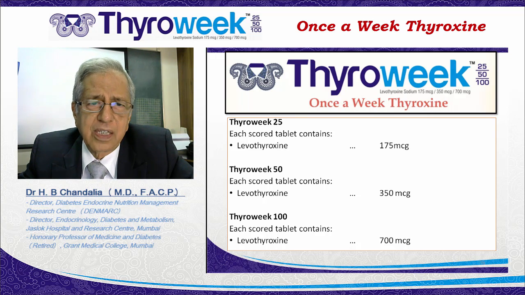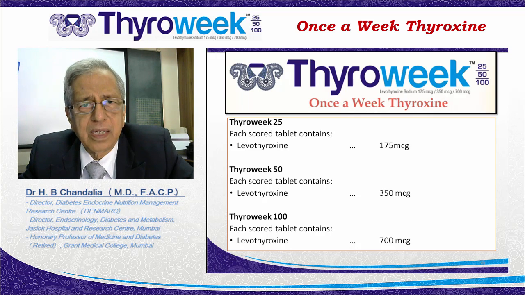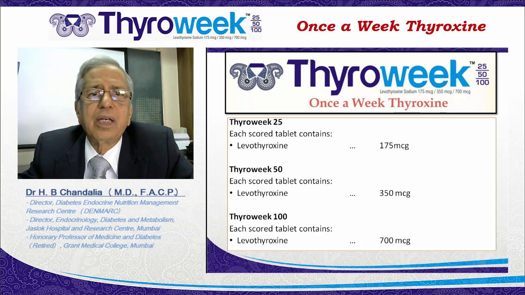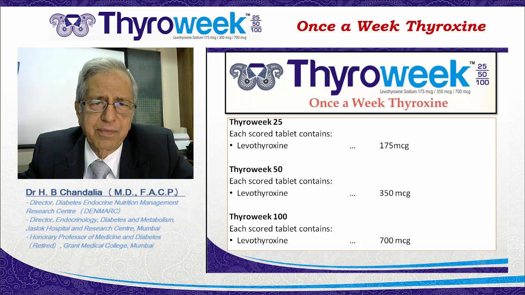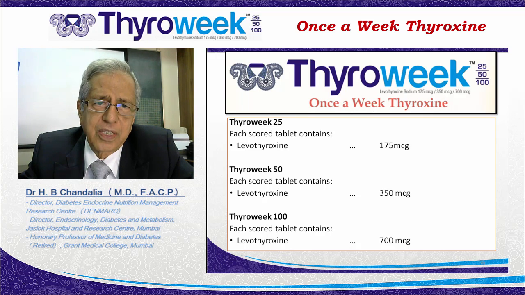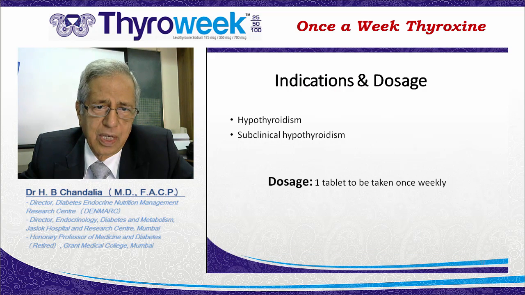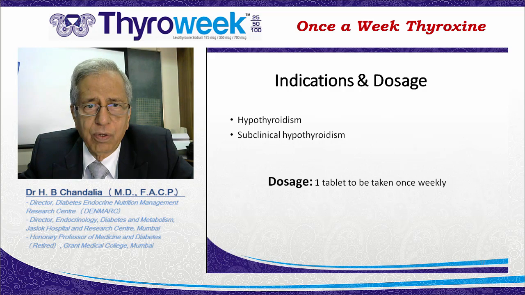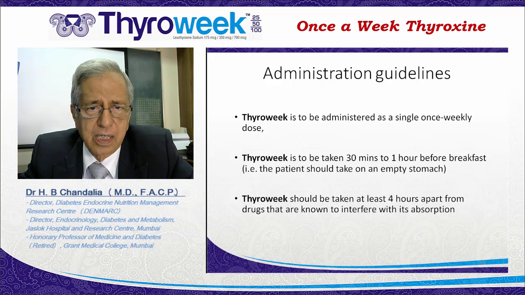Now, in order to undertake weekly treatment, what is available are three strengths of thyroxine tablet: 25, 50, and 100. So if you administer 25 once a week, it is really the equivalent of 25 microgram daily. And of course, by combining 50 plus 25, you can achieve 75. Similarly, by breaking the 25 tablet into half, you can titrate the dose to any extent that you want, by the same method as you titrate your daily doses. So a once-weekly dose is one of the very good options currently available.